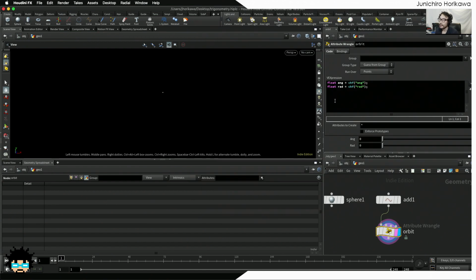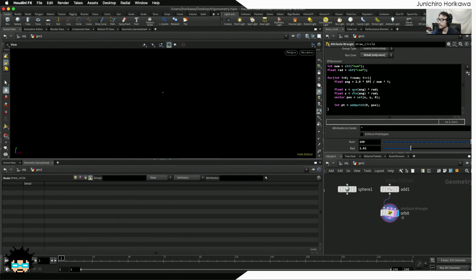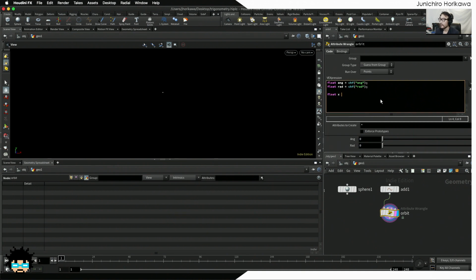Now let's estimate the x coordinate and y coordinate, just like what we just tried using the previous wrangle node. So that was x equals cosine multiplied by the radius, and the y was sine multiplied by radius. So let's do exactly the same thing here. Float x is equal to cosine of angle multiplied by the radius, and float y is equal to sine of angle multiplied by the radius. Okay, now let's set the point position for this point here,